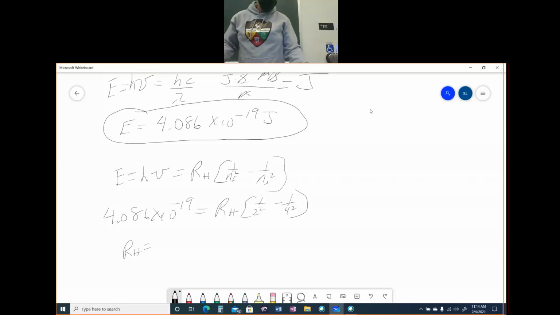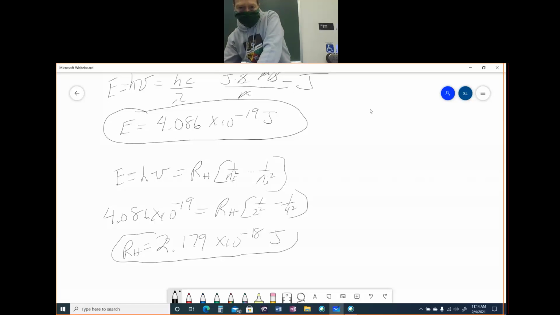All right, so in most books, you will find the Rydberg constant given as 2.179 times 10 to the minus 18 joules. So that's the way that we did it in Gen Chem. The Rydberg constant was in joules, not in meters to the minus 1. All right, so